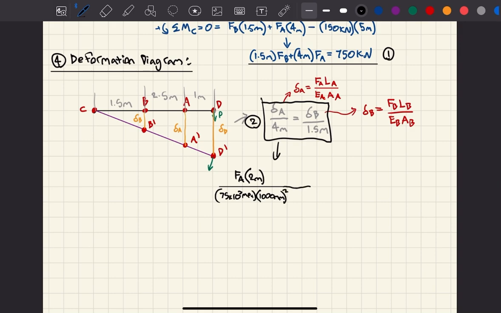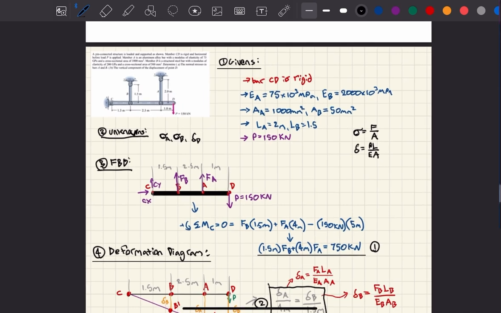And please do not forget, oh, that's incorrect. It's millimeters squared, because this is like a square cross-section, I assume now. But they gave me the value of the area. Don't forget this 4 on the bottom, right? 4 meters. Okay. This is equal to the deformation of B. So the deformation of B divided by 1.5. So FB multiplied by the length of bar B, 1.5 meters, divided by the elastic modulus of bar B, which is 2,000 megapascals, or